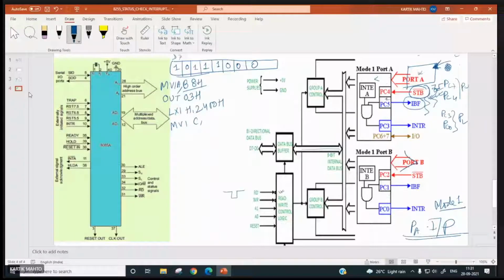MVI C, what count do we give for 15? 0FH. I am saying 15, have you heard 14 or something?